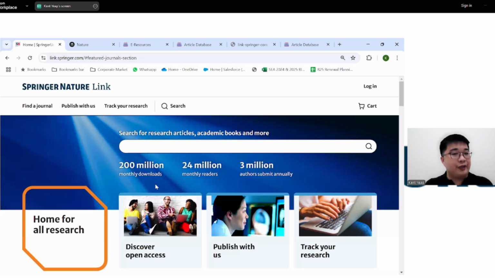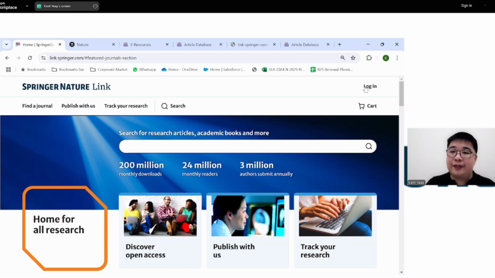Maksudnya, kalau tak log in dengan betul, tak boleh guna some of the content lah, because they will be behind a paywall, and that means you cannot access the full text of it. You can still come to the website and utilize the open access content, but then you will be missing out on the other thousands, literally tens of thousands of articles that are supposedly accessible to you, but you have to log in via the library, right?